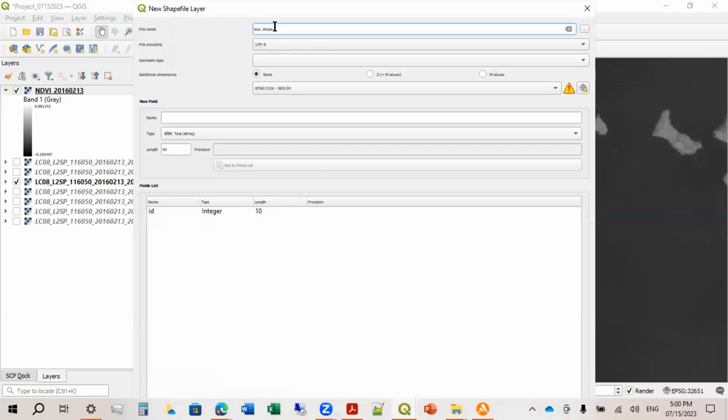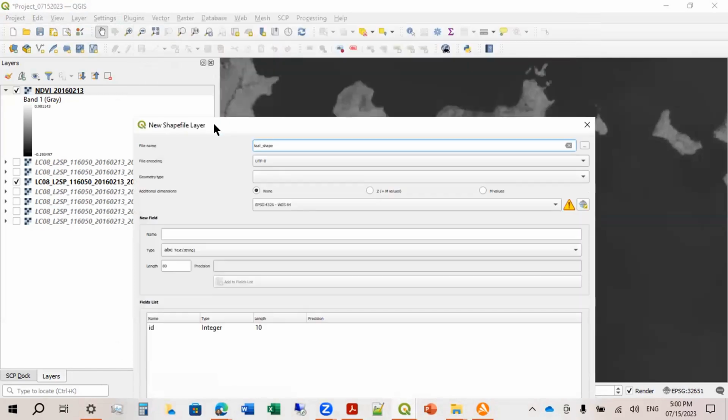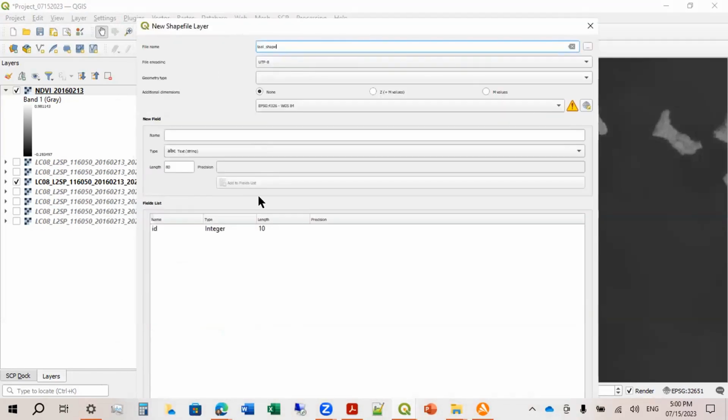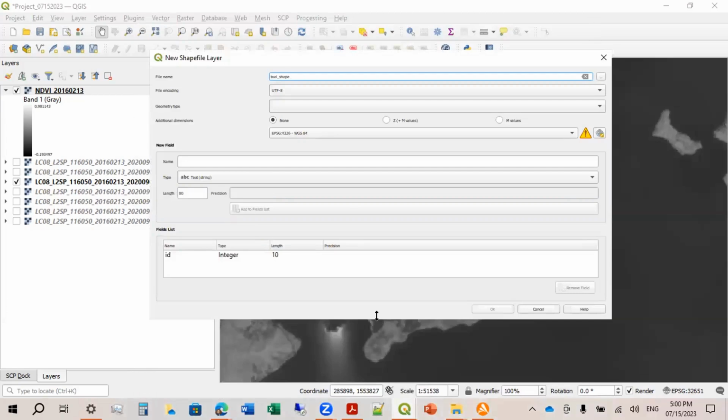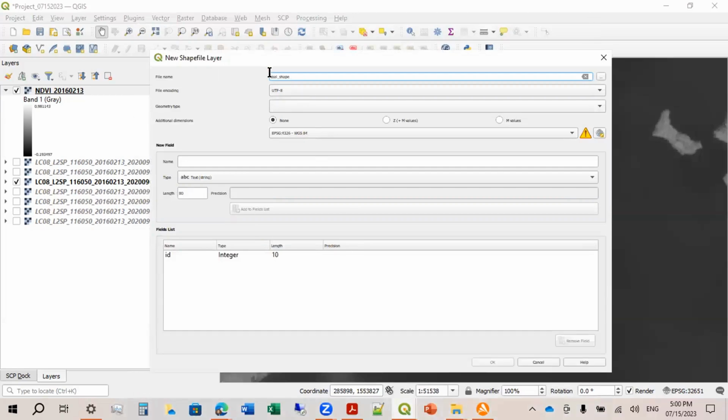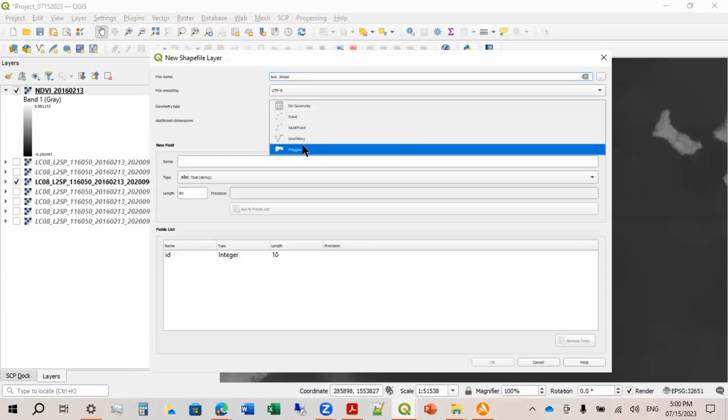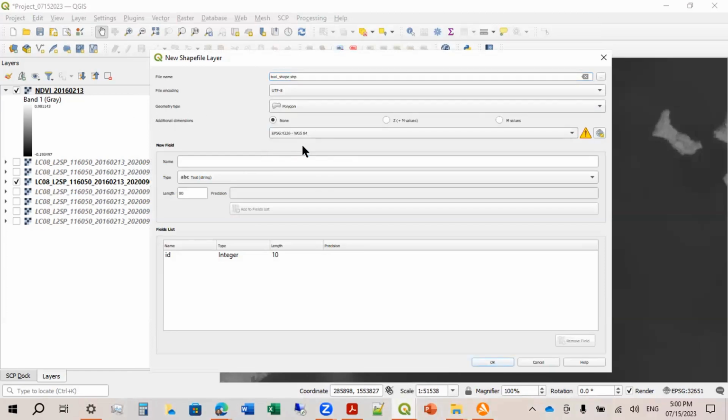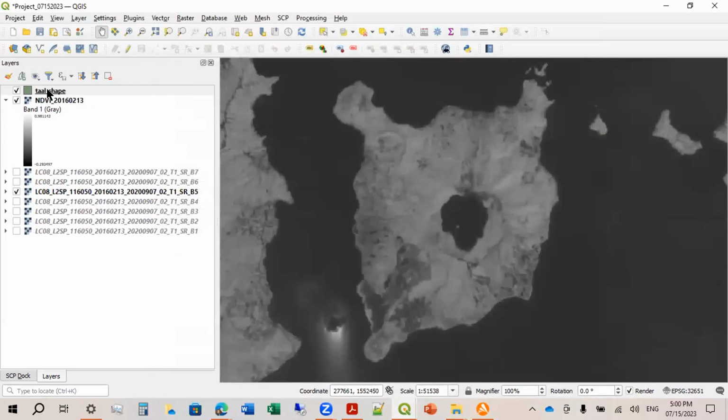I apologize for the small font in this case, no. Okay, but if you're going to rename this, so this is Taal shape, and then the geometry type, change it to polygon. Okay, and then you just leave the rest as is. So you click OK. So you now have a shape file here.